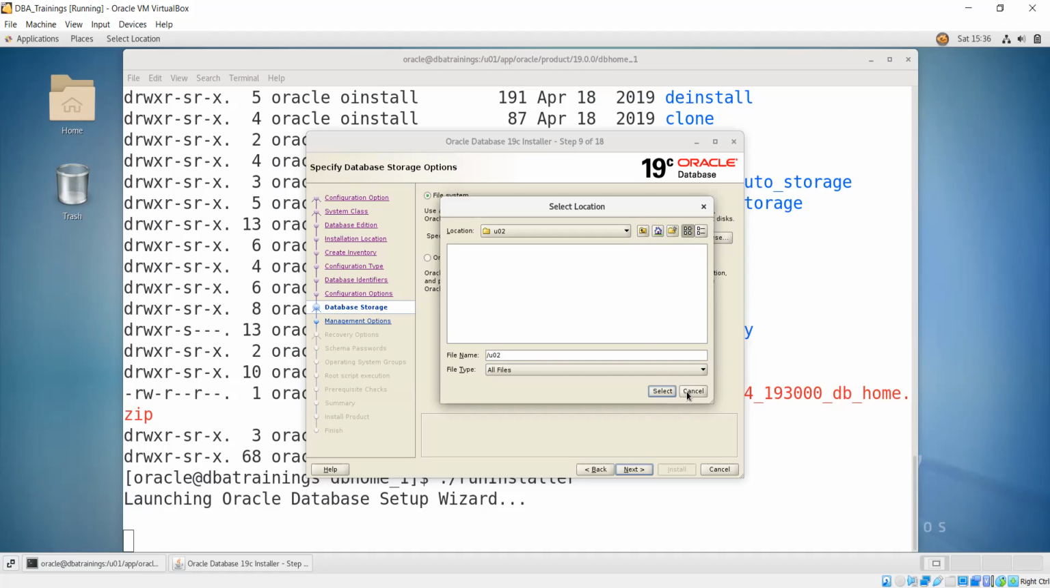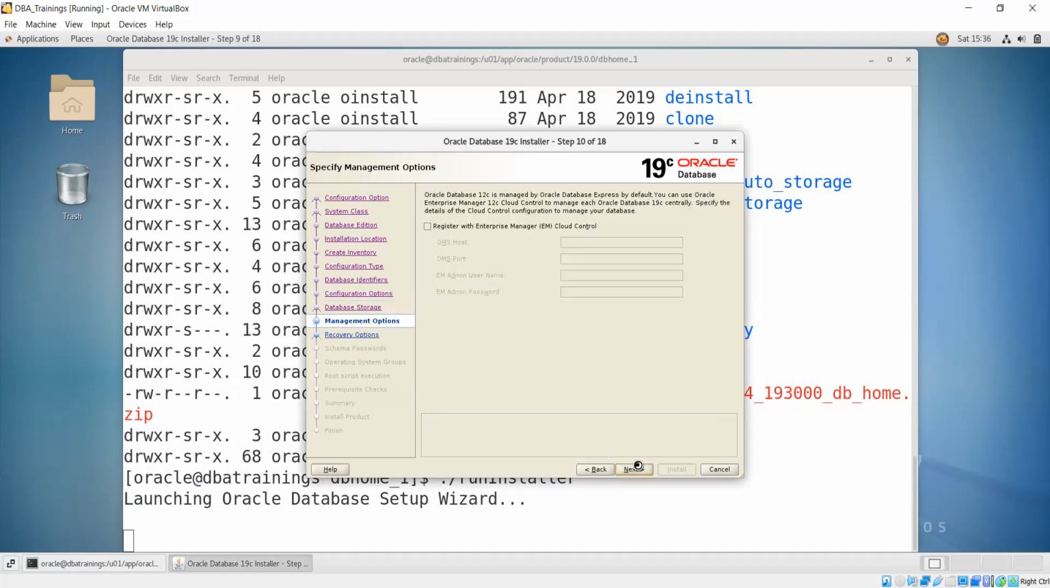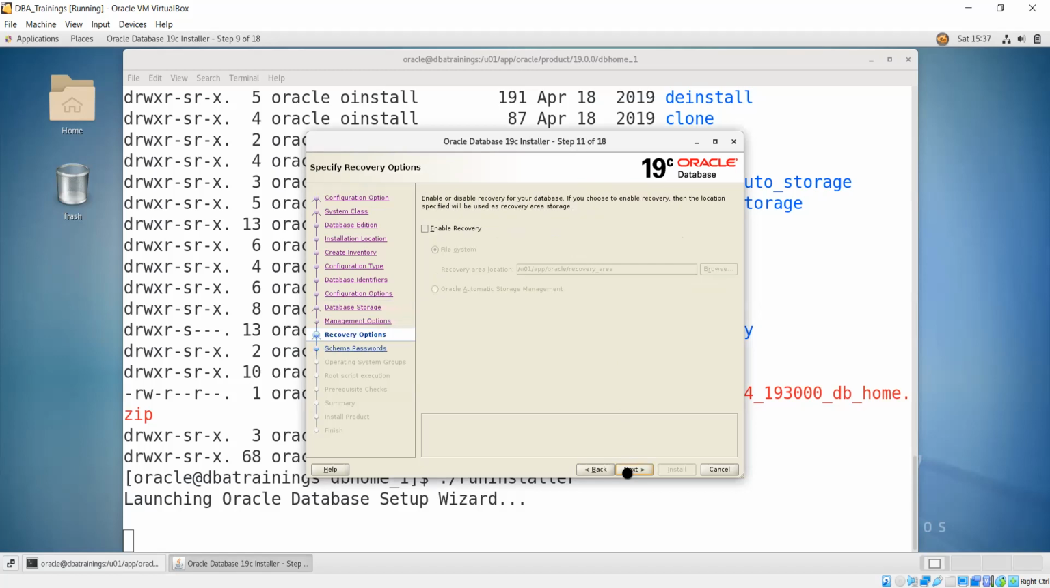I am not selecting this one, putting it cancel and putting on this one. Next, see here one thing you can read. Oracle Database 12c is managed by the Database Express by default. So you can use Oracle Enterprise Manager 12c Cloud Control to manage each of the Oracle Database 19c centrally. No problem. And then do you need a